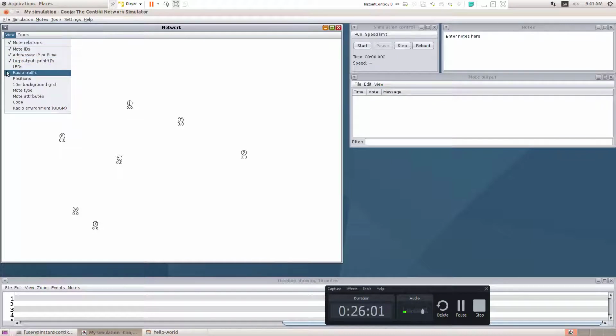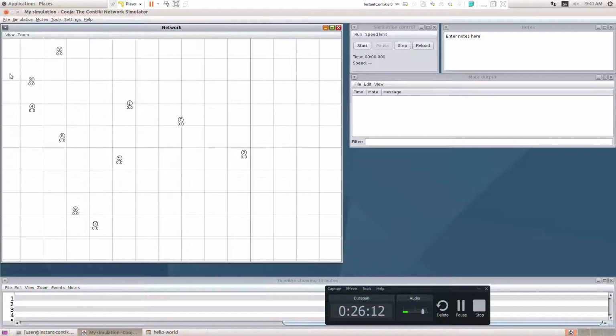Then I'm using the radio traffic, because here we are going to see the broadcast. They are going to communicate. So I'm going for the radio traffic. Then grid, I'm taking the grid also. Then I'm going for the node type. All the nodes belong to the same type. Then radio environment. So if you need anything, you can take the remaining things. Okay, this is enough, basic things.